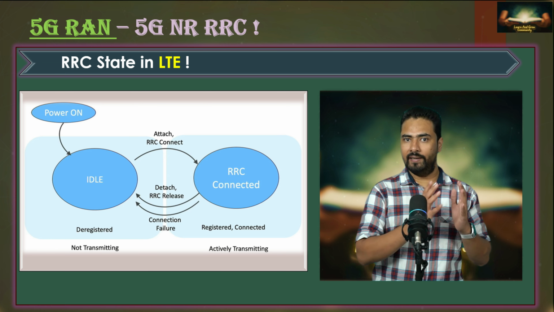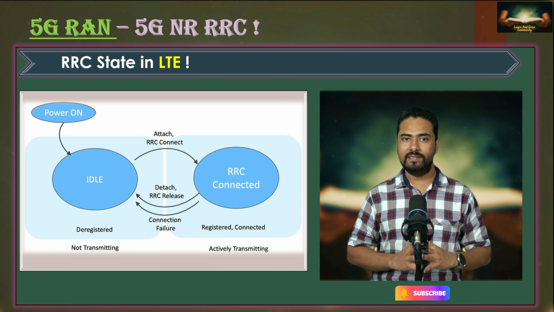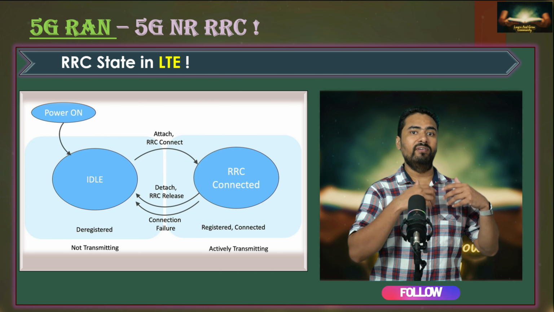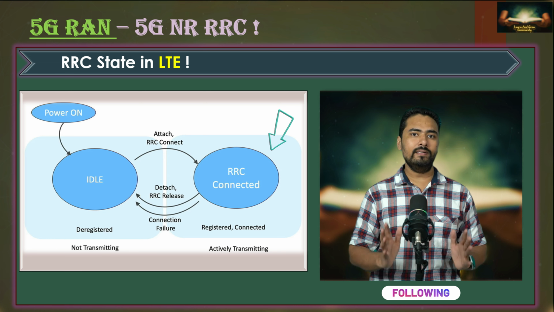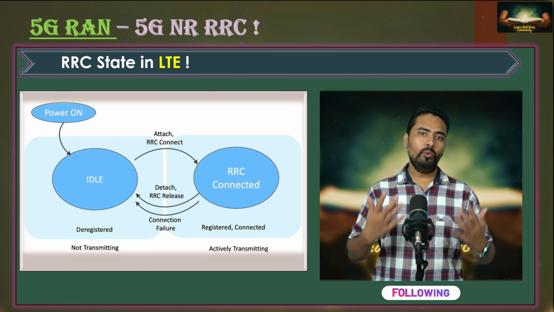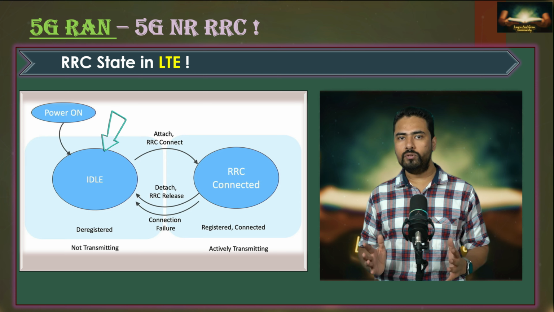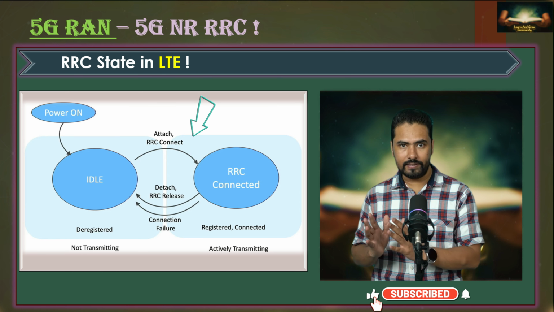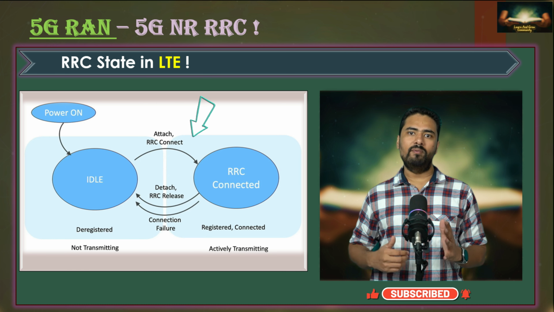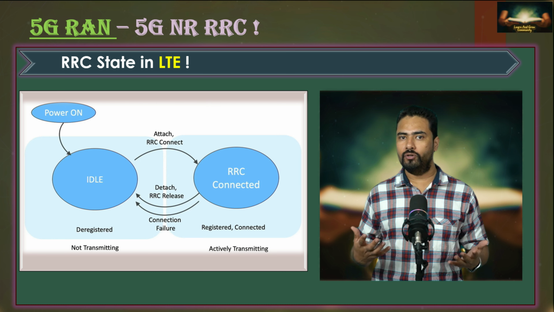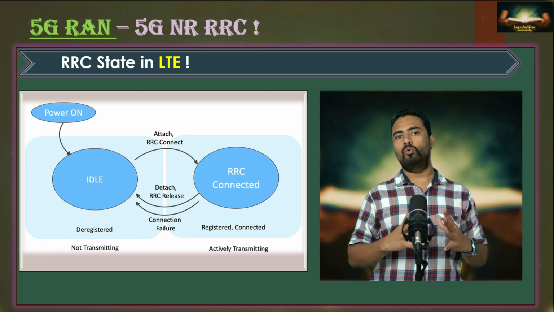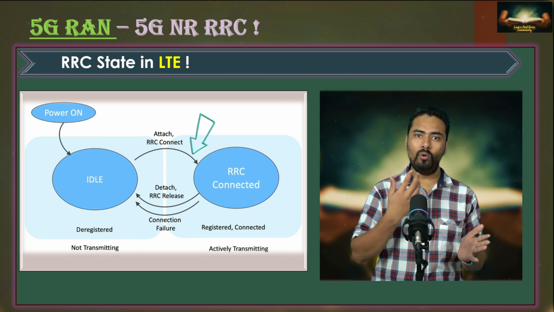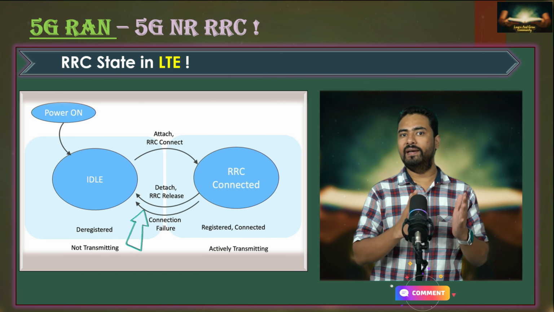Compared to 5G, in LTE we only had two RRC states, RRC Idle and RRC Connected. When the UE is actively sending or receiving any data, then it is in the RRC Connected state. And when the UE is not actively transferring data, then it goes to the RRC Idle state to save battery. The transitions between these two states require defined processes, like establishing a new connection and releasing a connection, and that also involves the core network. These processes are called RRC connect when the network sets up a new RRC connection, and RRC release when the network releases